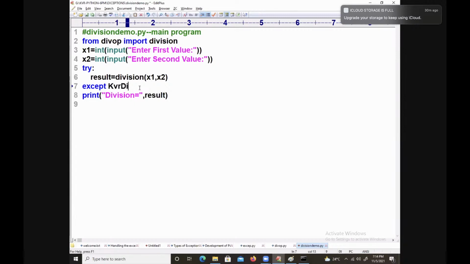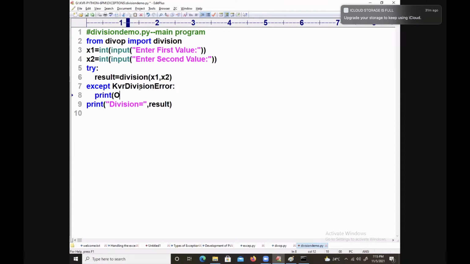KVR division error. First time you are writing KVR zero division error. There you are saying print of don't enter 0 for denominator. And this part I will write in else part.